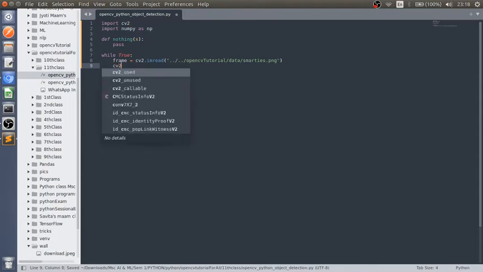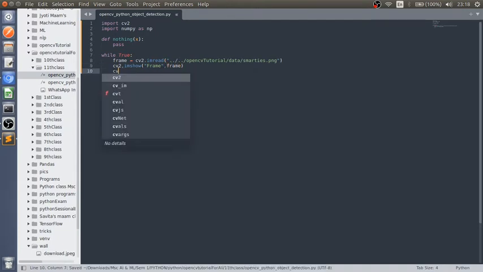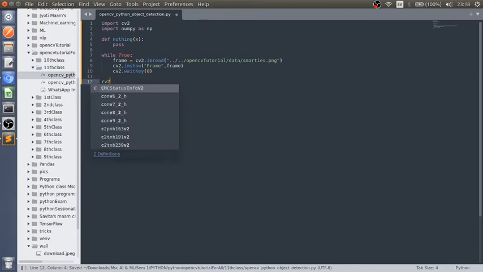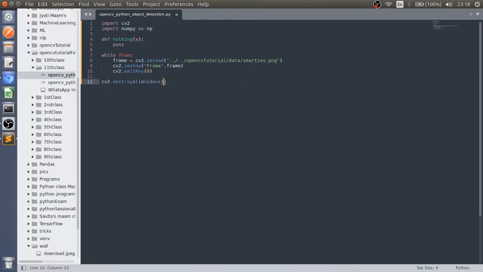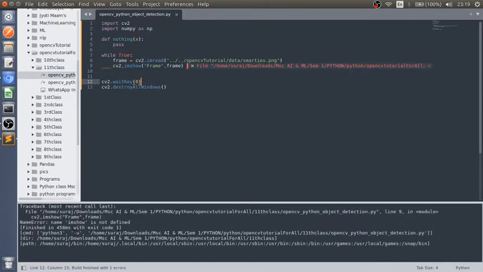Then cv2.imshow, then we have to show the image. Let's create the name of the frame, then pass the frame itself, then cv2.waitKey, we have to pass 0, then at the end I am going to call cv2.destroyAllWindows. I think I don't need to pass it inside a loop. So what's the issue?